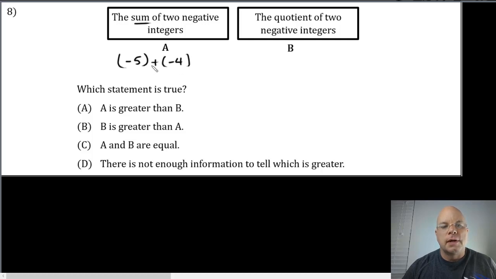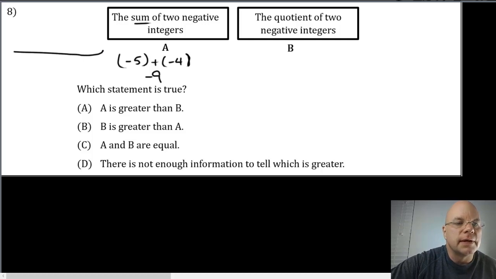-4. And no matter what the two negative integers are, if you're adding two negative integers, you're going to get a negative sum, because you can think of this as like owing money. This is like a debt of $5. If I owe somebody $5 and I owe some other person $4, if I combine those, it's like owing $9. If you think about a number line model,